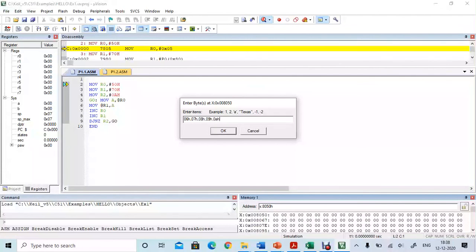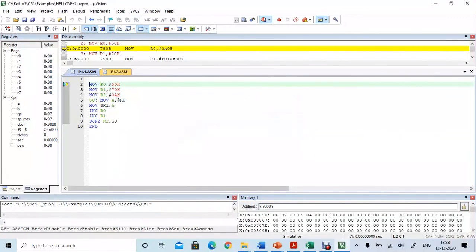Once the input is given, click on OK. So the input is given to the 8050 to 8054 locations. In the 8042 location we have the input 1 to 5, and in the 8050 to 8054 locations we have the input 6 to 0A.